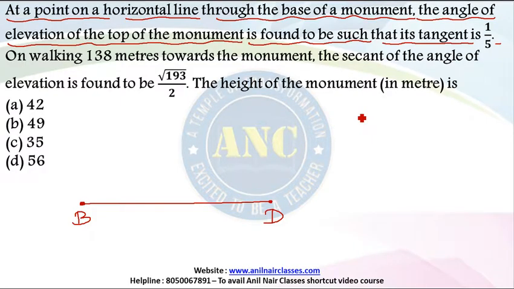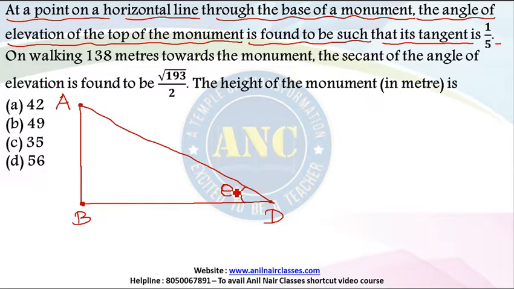At a point on a horizontal line. There is a point on a horizontal line through the base of a monument. It is through the base of this monument. The angle of elevation of the top of the monument. This is the top of the monument. There is a monument called AB. The angle of elevation is found to be such that its tangent is 1 by 5. That means this angle of elevation,